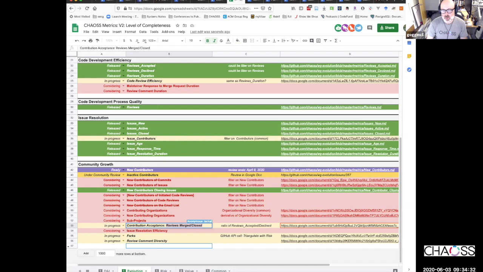In the 3 cases we've done it, it is this metric, contribution acceptance rate, the ratio of reviews merged closed, and it's always been about wanting to understand community growth.